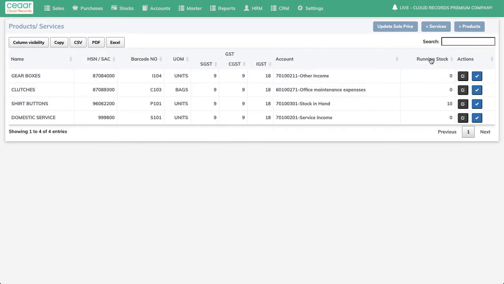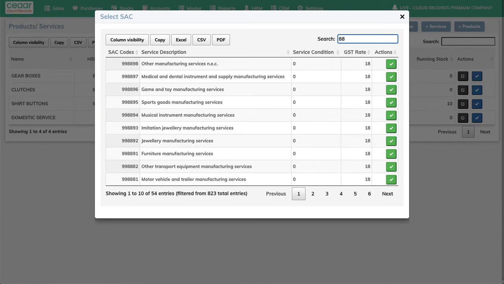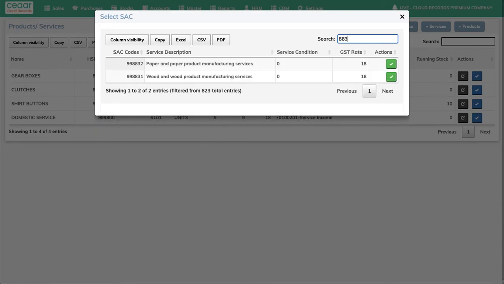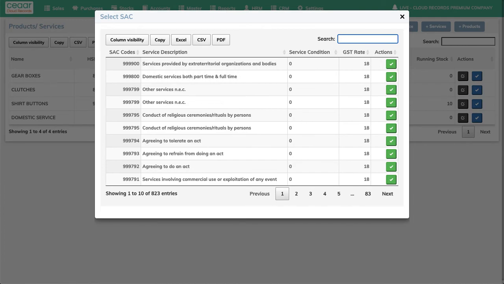Now I'll show you how to create services. These are all the SAC codes provided by the GST. So if you know your service code, you can type it here. So like this, all those things that match come up.